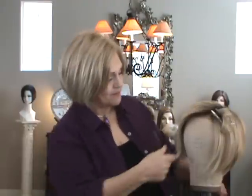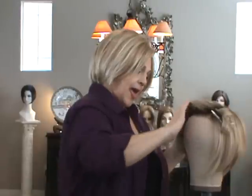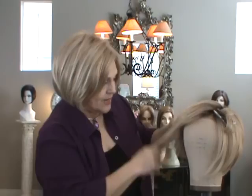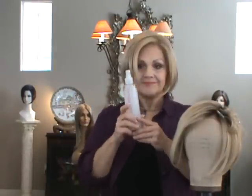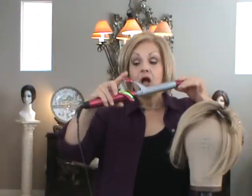So this morning, I'm going to take our little Heat Defiant in shaded praline, and I'm going to see if it really does work on curl. The things you need to remember about the Heat Defiant, of course, is comb only, the Magic Potion, Heat Defiant Detangler Smoother by Jon Renau, and your tools, curling rods, flat irons, rollers, whatever, only